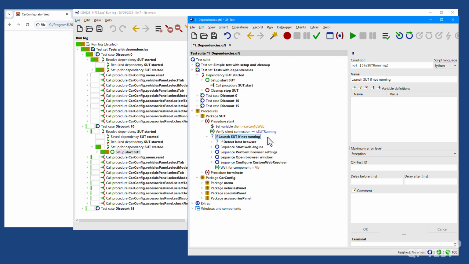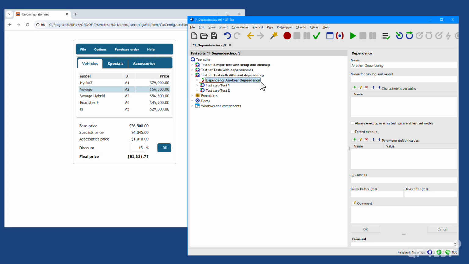As already mentioned, the setup sequence of a dependency is executed before each test case, and the cleanup nodes only when required. To understand this functionality in more detail, let's take a look at it in action. I have now prepared another test set, which is using a different dependency, the so-called another dependency. This test set and the test cases in it are just implemented for demonstration purposes, so they actually do nothing,